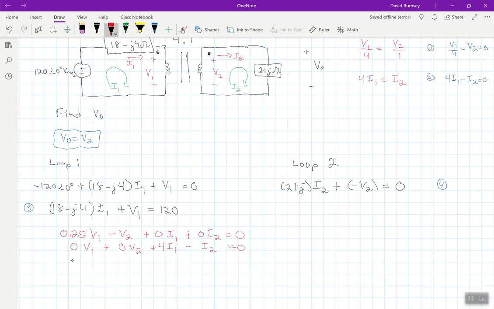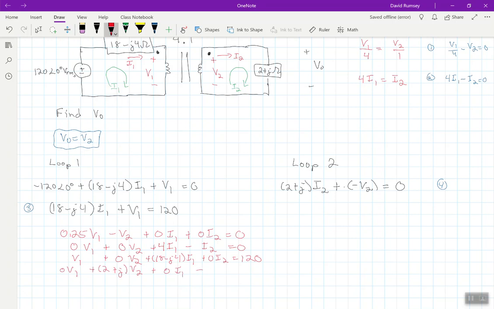And then I would have V1 plus 0V2 plus 18 minus j4 I1 plus 0I2 is equal to 120. And then finally I'd have 0V1 plus 2 plus j V2 plus 0I1